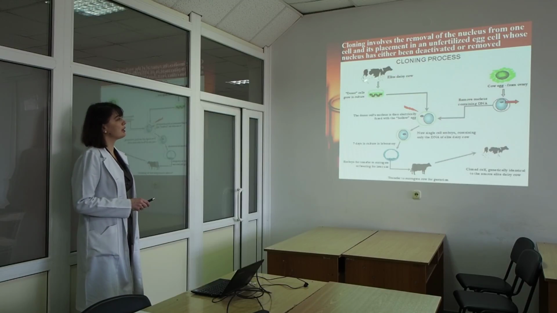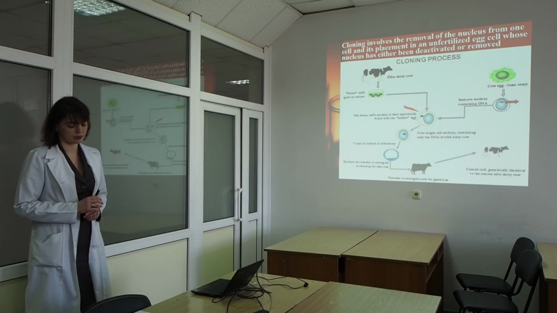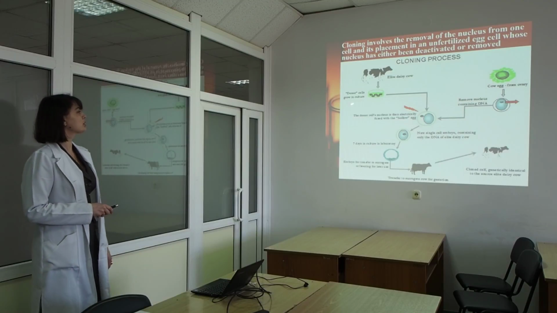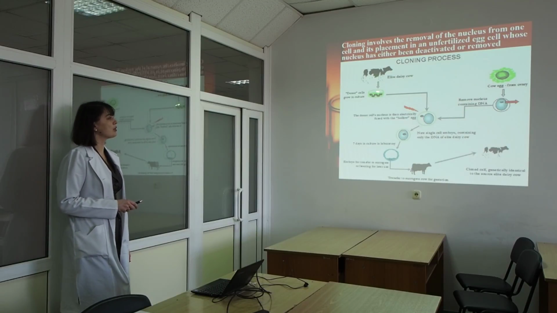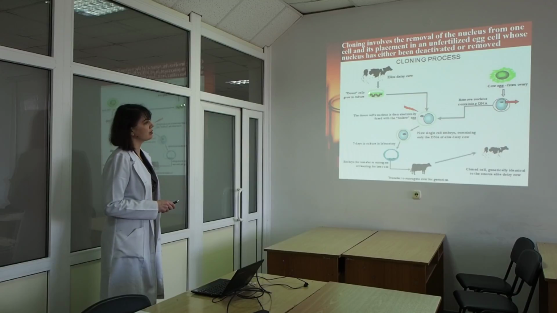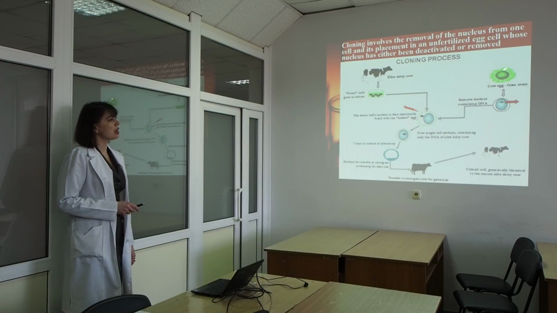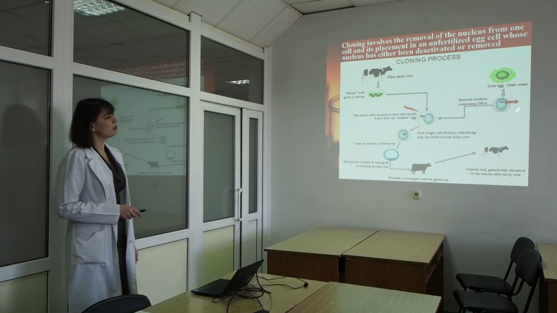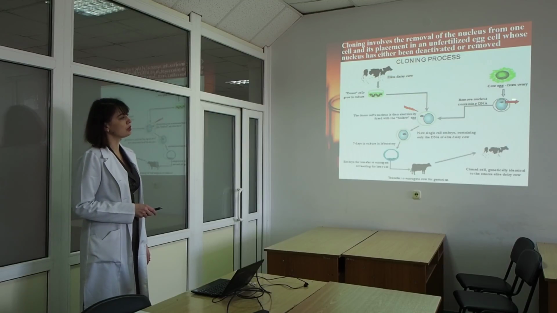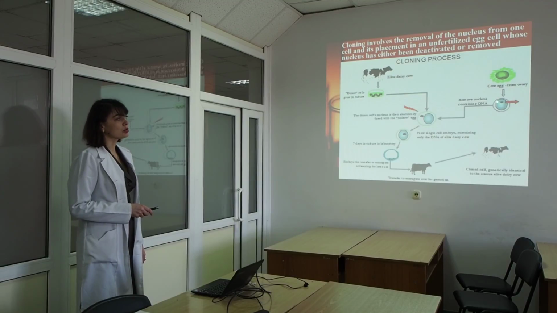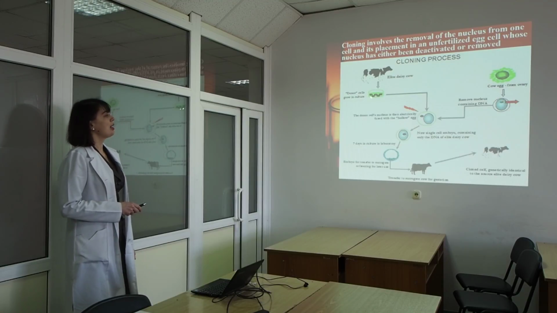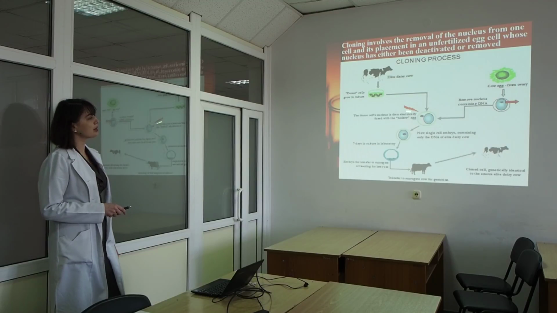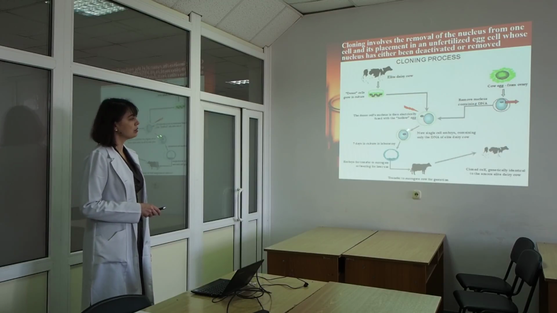We took the cell, usually from the mammary gland, and donor cells grow in culture from this mammary gland, for example. And this is cow egg from ovary. And then we remove from this ovary the pronucleus, which is unfertilized, and insert the nucleus of the cell of mammary gland of this cow,